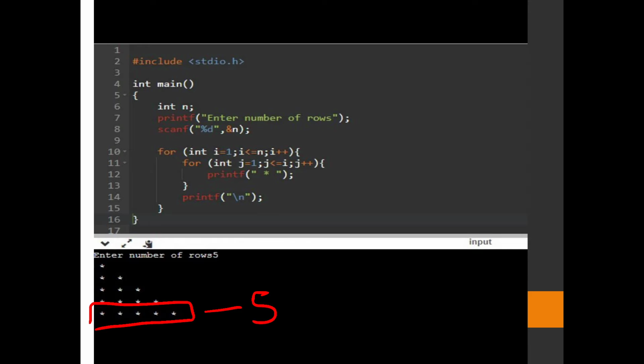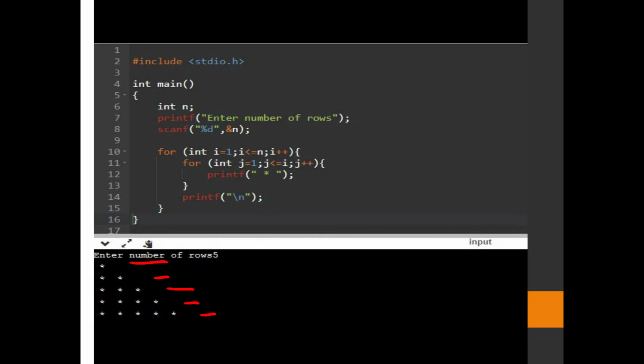If we give the input as 10, then it will print stars till the 10th row, and in the 10th row it would print 10 stars. So the number of stars in a row is the same as the row number. We will use two for loops. One for loop counts the row number: first row, then it increments the variable and goes to the second row, then the third row.